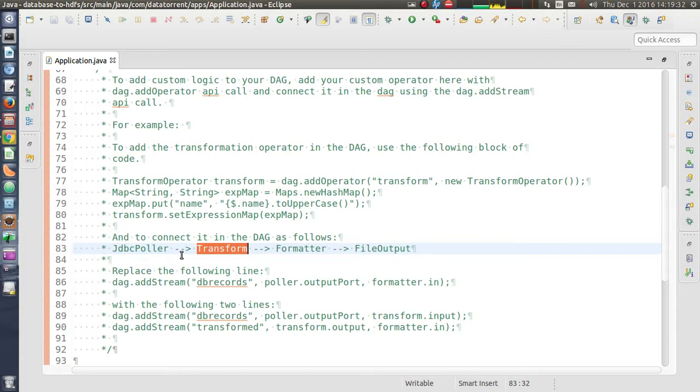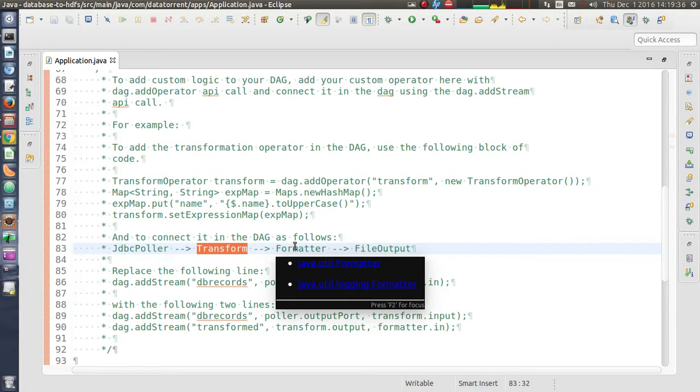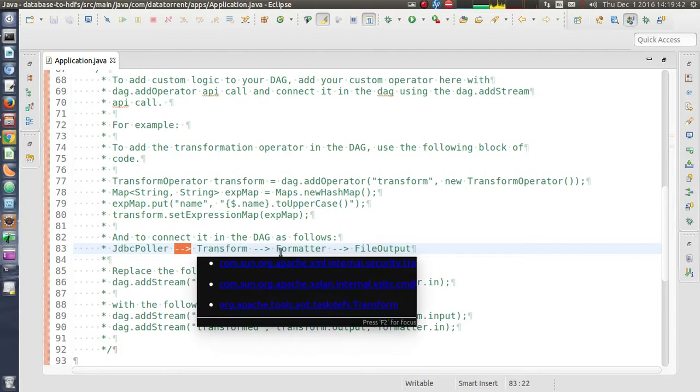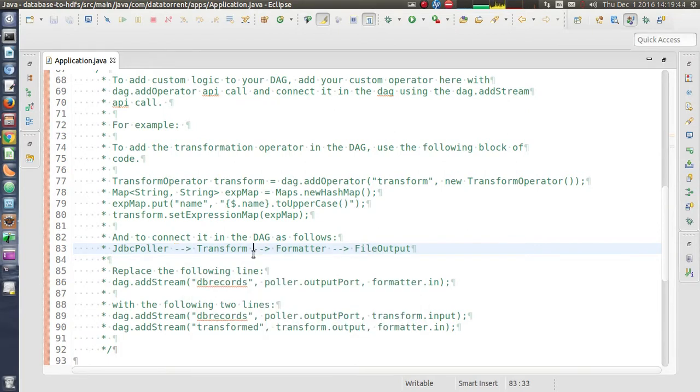We need to break the stream connecting JDBC poller to formatter and introduce two new streams. One is connecting JDBC poller to transform, and the other is connecting transform to formatter.